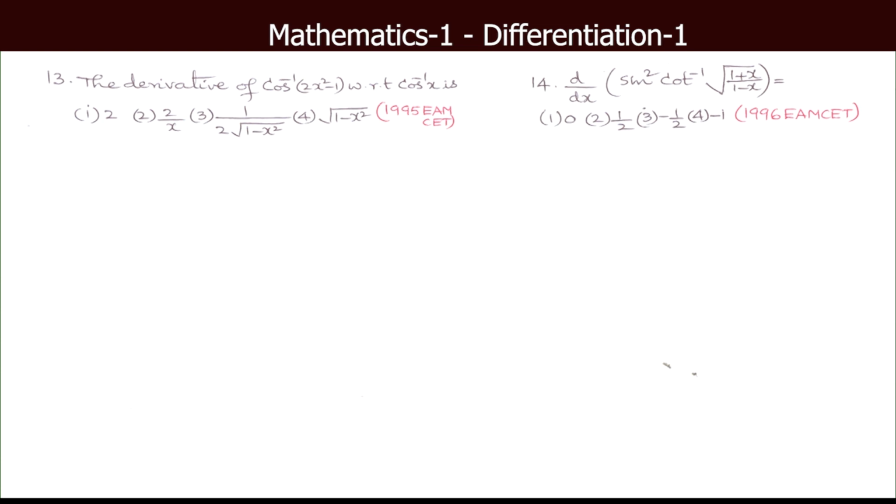So the derivative of f(x) with respect to g(x) when both f(x) and g(x) are differentiable and g'(x) not equal to 0 is f'(x) by g'(x). అంటే మొదటి ఫంక్షన్ యొక్క డెరివేటివ్ని రెండో ఫంక్షన్ యొక్క డెరివేటివ్ చేత డివైడ్ చేయగా వచ్చింది అవుతుంది. ఇది స్థూలంగా అది. ఓకే. ఇక్కడ arccos(2x² - 1) ఫస్ట్ ఫంక్షన్ f(x),